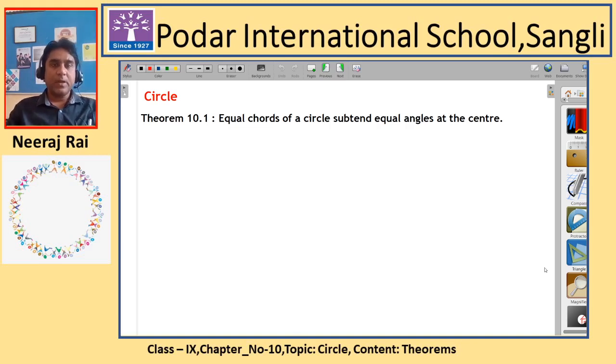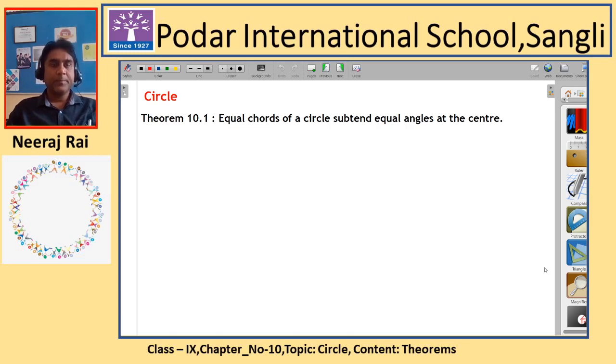Now these theorems are very important. With the help of these theorems you can solve many sums present in the exercise. Many sums dedicated to these theorems are available in your NCERT textbook, and you can refer to other books also. But once you understand the theorem properly, you can do all those sums. So the understanding of the theorem is very important.